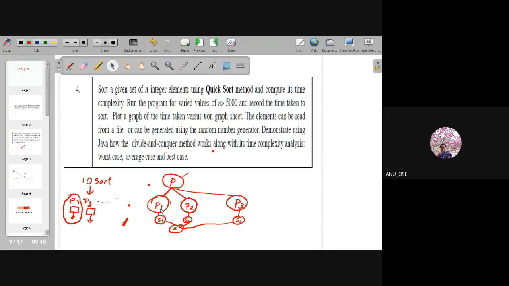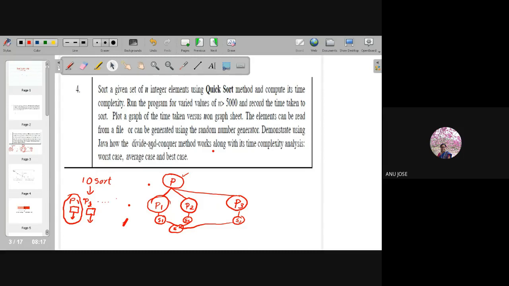So I got the solution for the first subproblem as S1, the second subproblem as S2, and the third subproblem as S3. Now I combine these sub-solutions, S1, S2, S3. It will give me the final solution for the problem P. So S will be acting as the final solution for the problem P. This is the most basic fundamental concept behind the divide and conquer strategy.